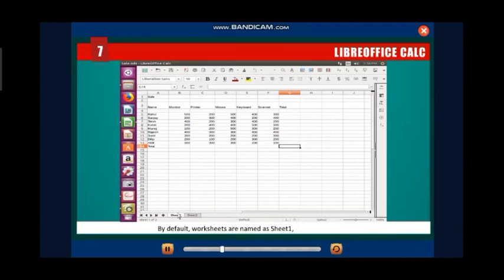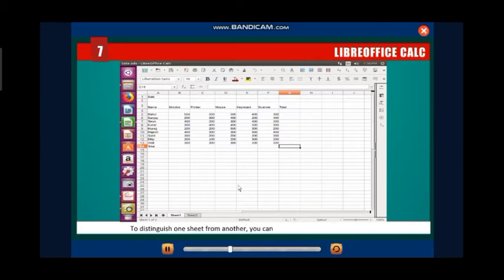Now let's rename the worksheet. By default, Kelsey has given the name to the worksheet as sheet 1, sheet 2, sheet 3 and so on. So you can rename your Kelsey worksheet, that will help you to identify the content actually. Double click on the tab of the worksheet, rename sheet dialog box appears. Type a new name for the worksheet and click on OK. See, you can change the name of the sheet like this.